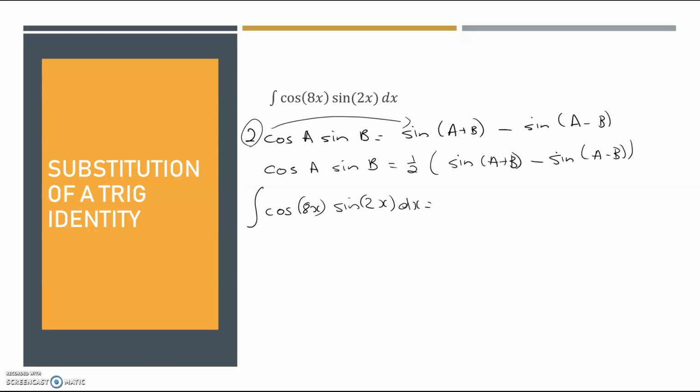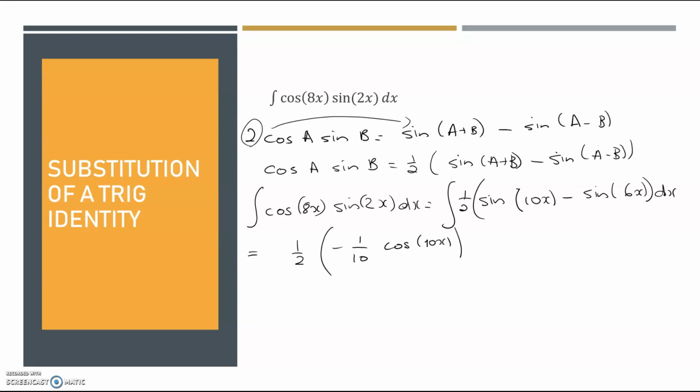we can rewrite it before we integrate it as a half times sine of the sum, which is 10x, minus the sine of the difference, which is 6x, and that's easy to integrate. The integral of sine 10x, well, I've taken the half out, because I should have a big bracket there. Yes, taken the half out, and then the integral of sine 10x would be negative 1 over 10 cos 10x